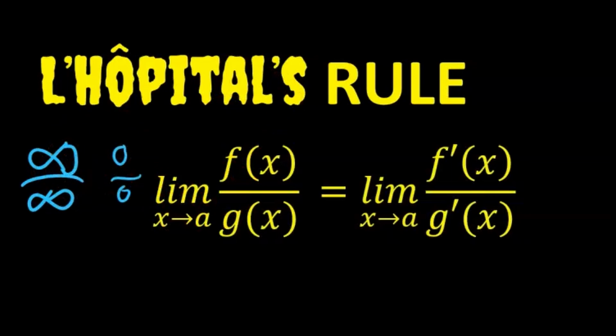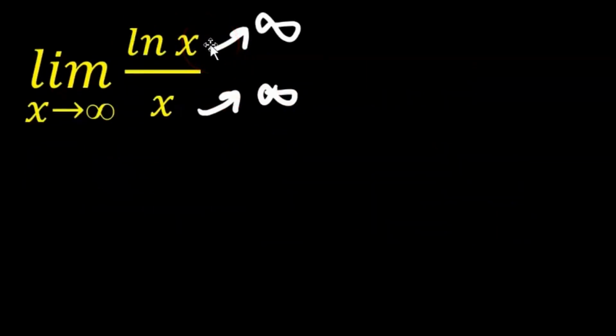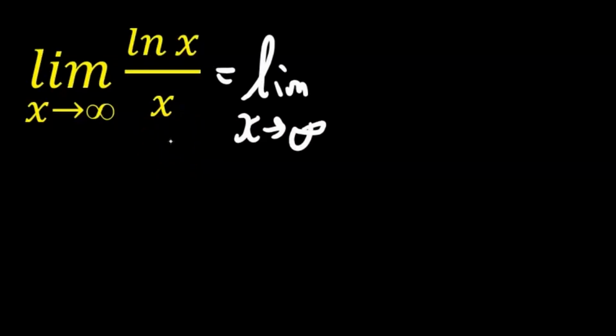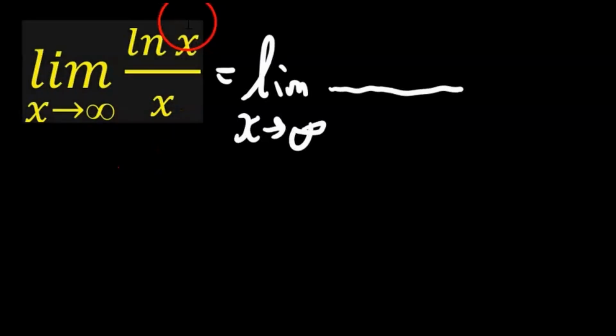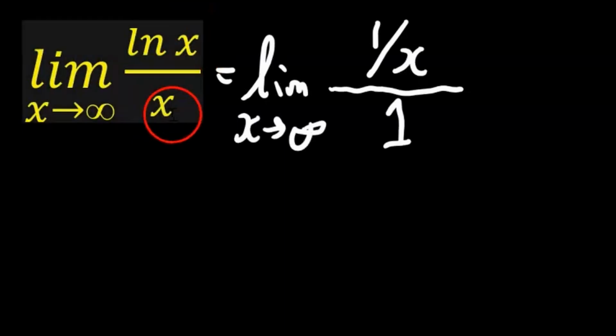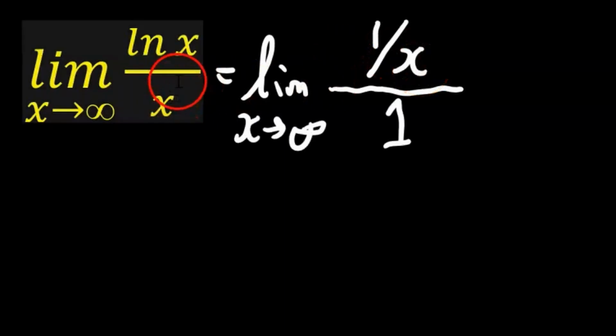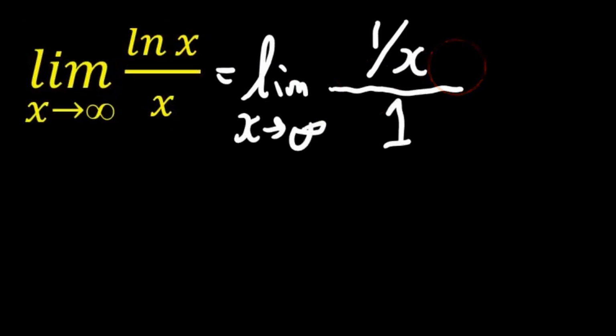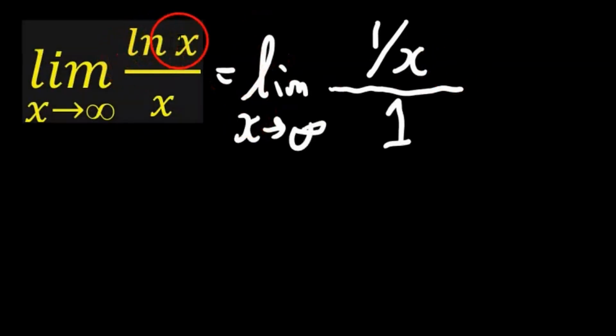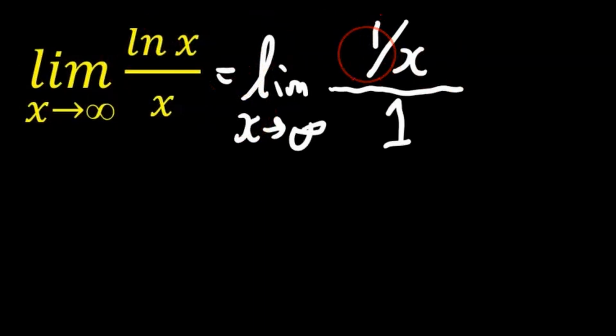Okay, so we have a situation here where we have an infinity divided by an infinity. So we're going to use L'Hopital's rule. So it's going to be equal to the limit as x goes to infinity. Now the derivative of ln x is 1 over x, and the derivative of x is just 1. If you haven't covered this yet in class, maybe just skip this example, or just use the shortcut method. Well, I guess you can't use the shortcut method. You'd have to know which one goes at a faster rate. Anyways, okay, so we take the derivative of this. Now this simplifies to